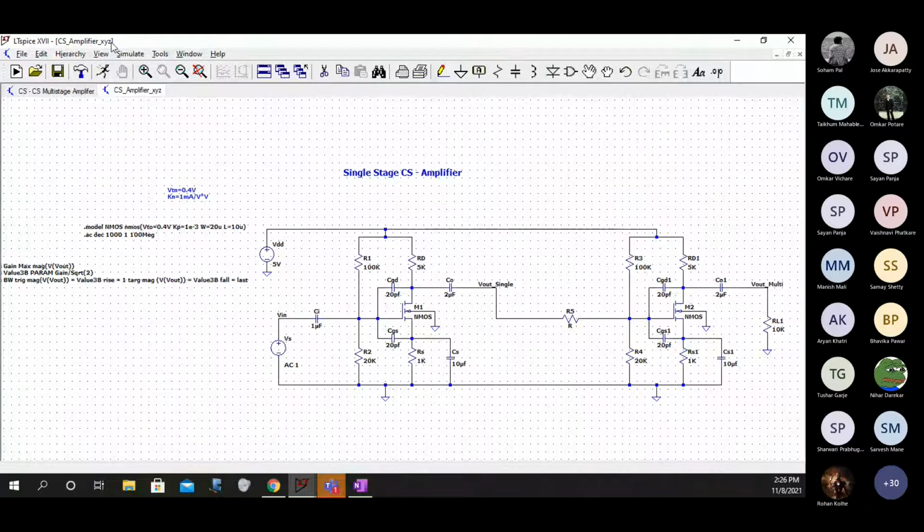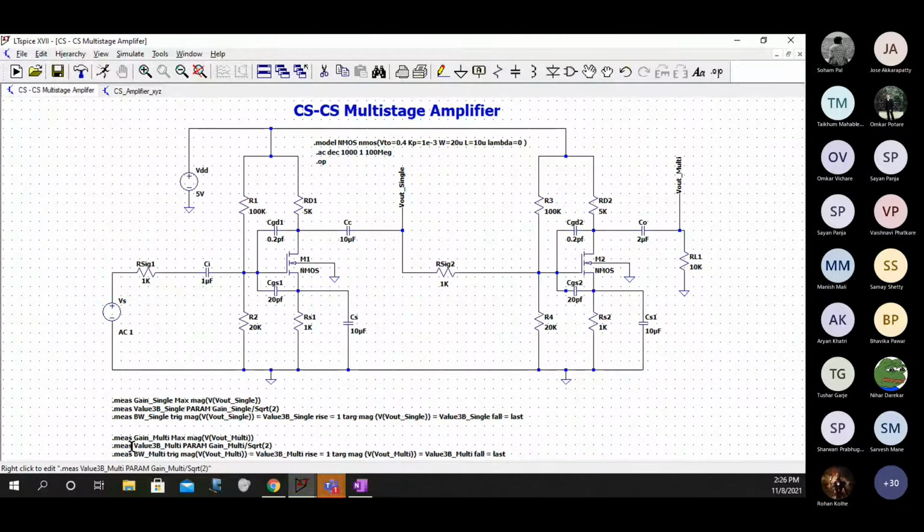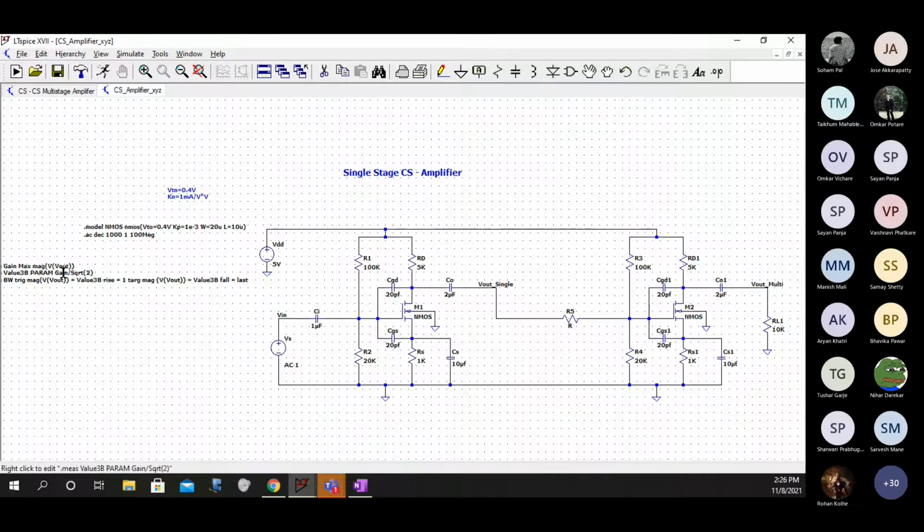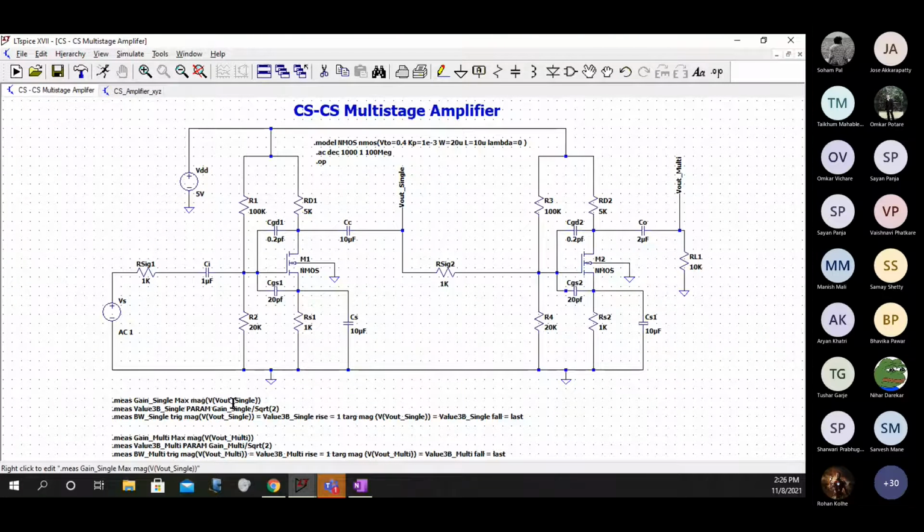And once you do like this, all you can do is just write one extra line here. So you copy this command, you just copy this itself, okay, and replace. So copy this twice and replace every V out underscore V out by V out underscore single in the first case, and in the second case you replace it by V out underscore multi. So have you understood how to copy this thing?